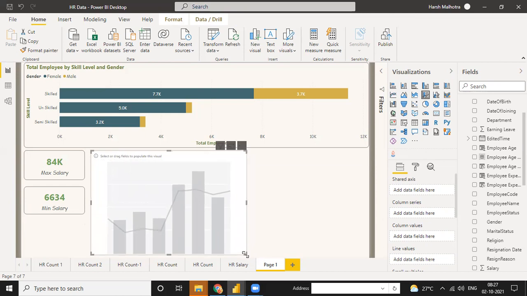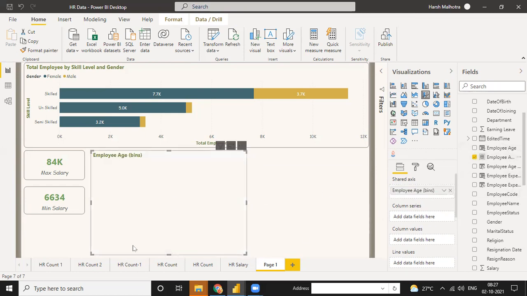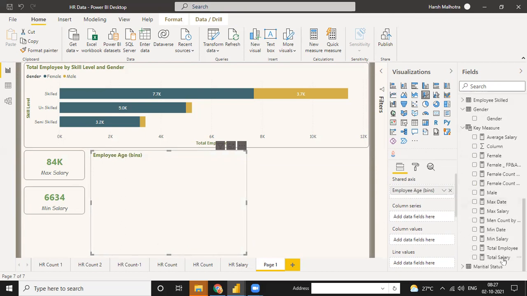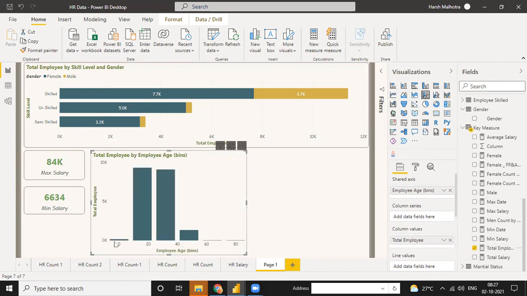Or we can use employee age bins. See, total employee. The value is 0, 20, 40, 60, and 80. There are multiple ranges here.